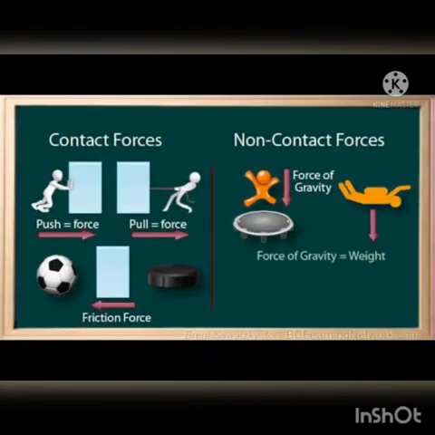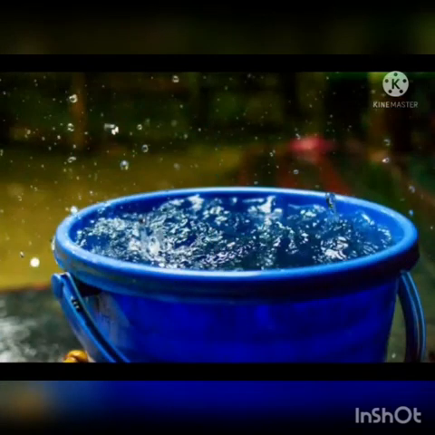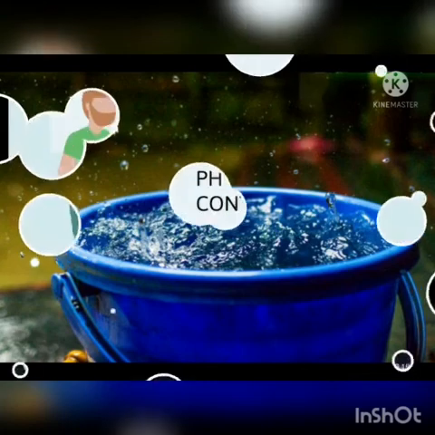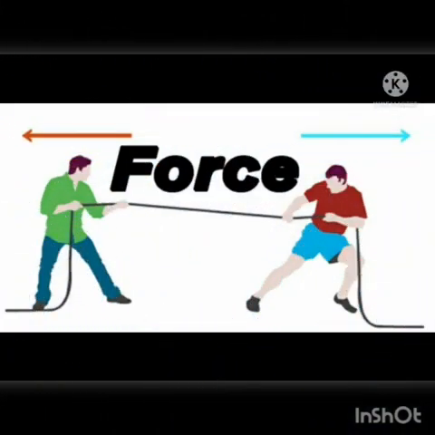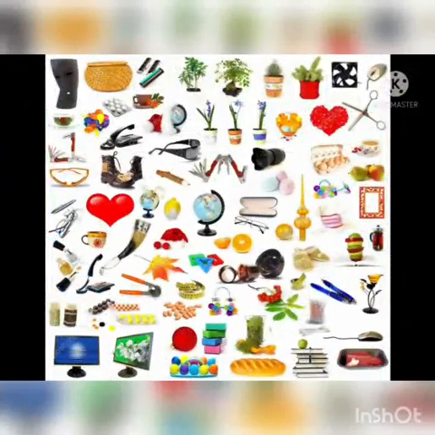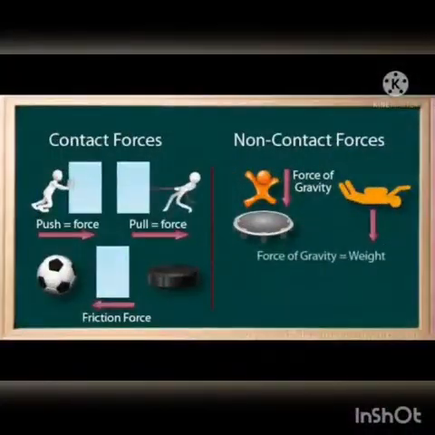To lift a book lying on the table, we need to touch the book. Similarly, to hold a bucket of water, we need to touch the bucket. That is, a physical contact is required. So, generally, to apply a force on an object, your body has to be in contact with the object and the force that can be applied